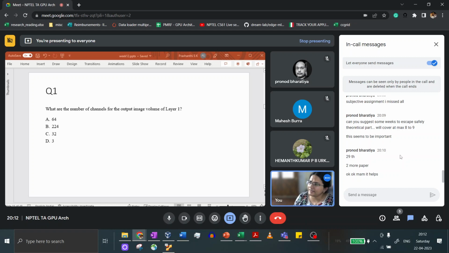And theoretical questions, I think from the initial weeks, and maybe even that introduction to OpenCL, those were the parts where I saw a lot of theoretical questions. So this much should be helpful, and try and solve it when you get your exam paper.